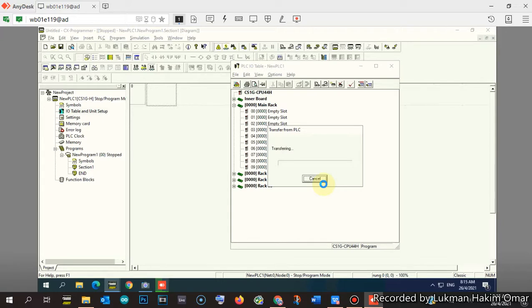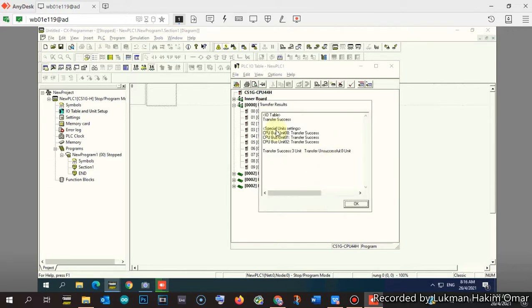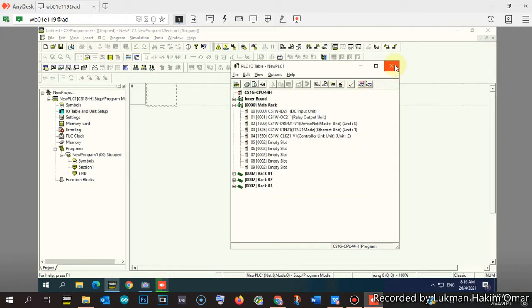It will take a while, about 1 minute. Okay, everything is okay, the transfer is a success, then we can close the IO table.